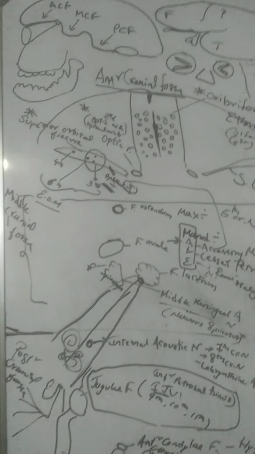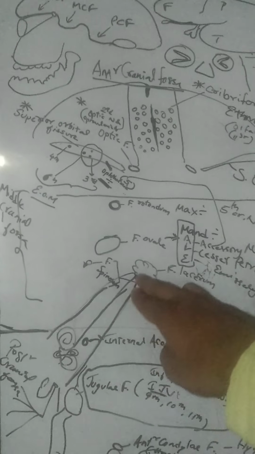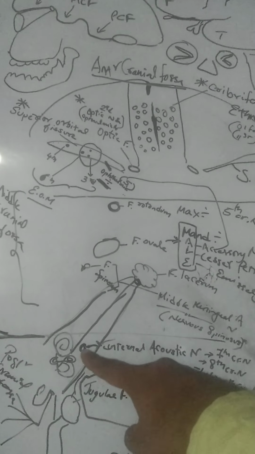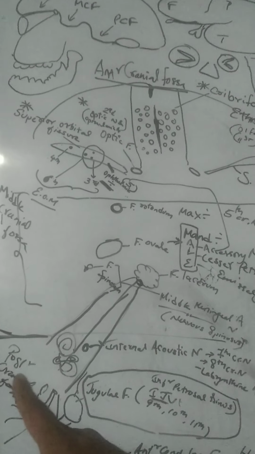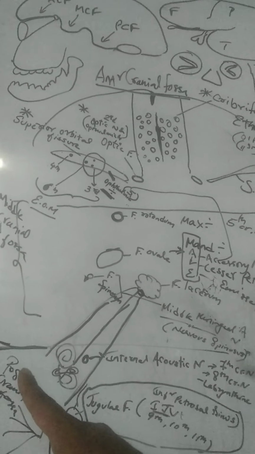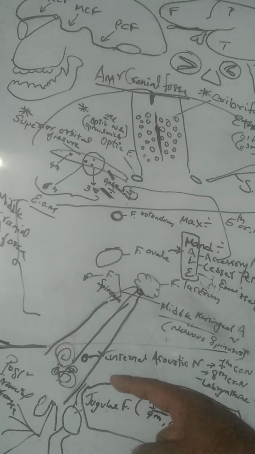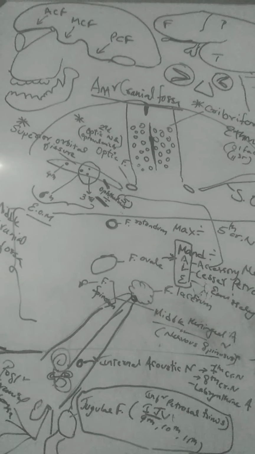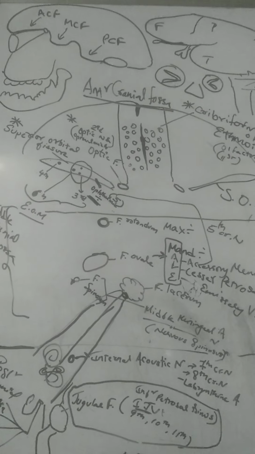Next, coming to the posterior cranial fossa, you can see the petrous part of temporal bone. In the posterior cranial fossa, there is one foramen which is in line with the external auditory canal. In your ear, you will remove wax, no? That is external auditory canal. At the same line, there will be one more canal on the inside, 1 centimeter in length. In the petrous part of temporal bone, it's called as internal acoustic canal.